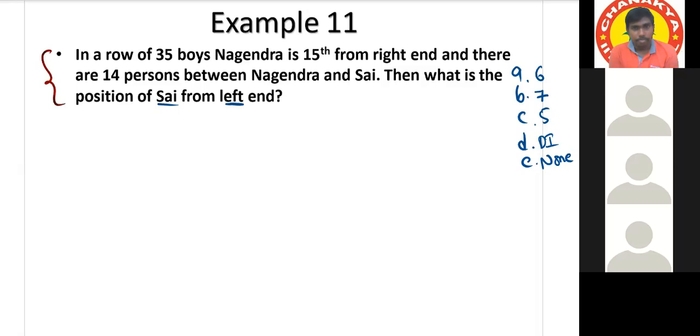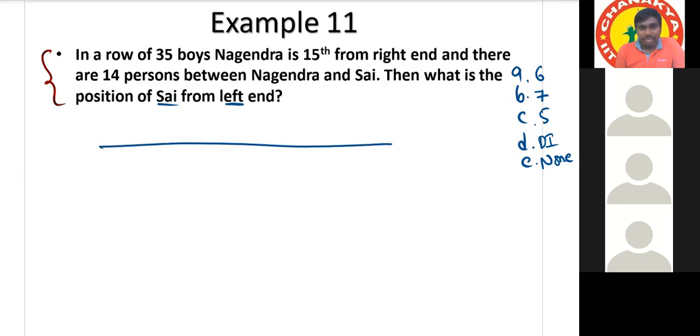Sir, because it will be from the same side, right? No, not from the same side. Even if we subtract 14 from 15, the total number of people won't be met. Even if you give it, if it's an overlap, the total number of people won't be satisfied. That's why we can overlap. Yeah, very good.